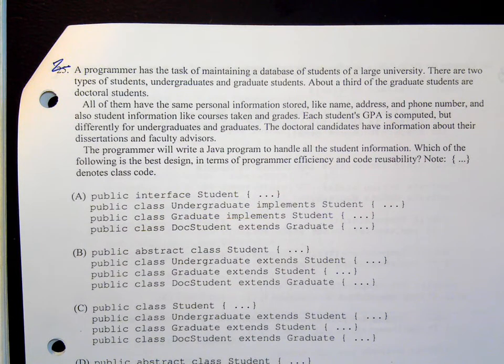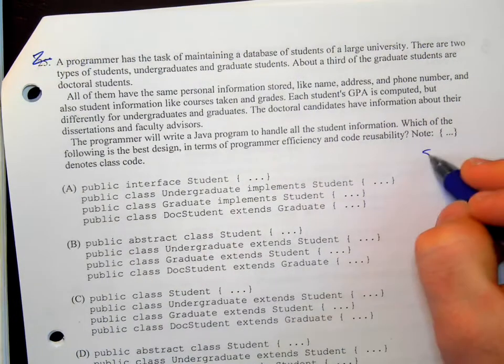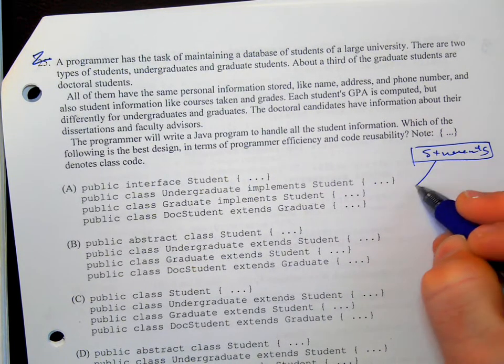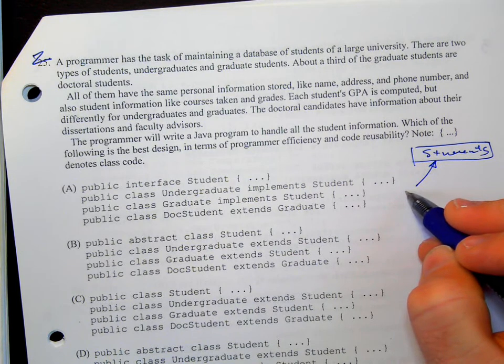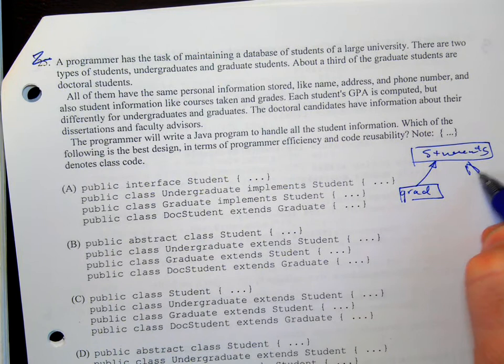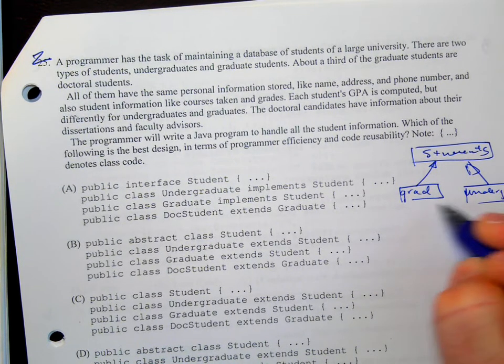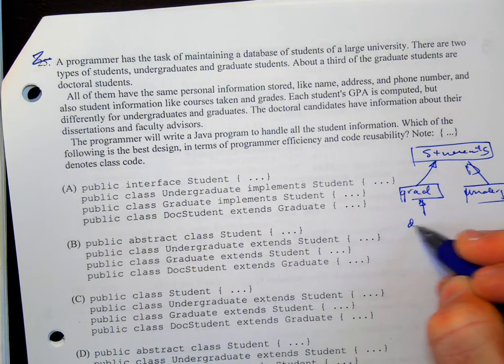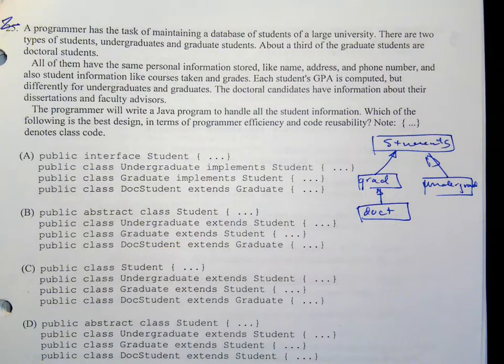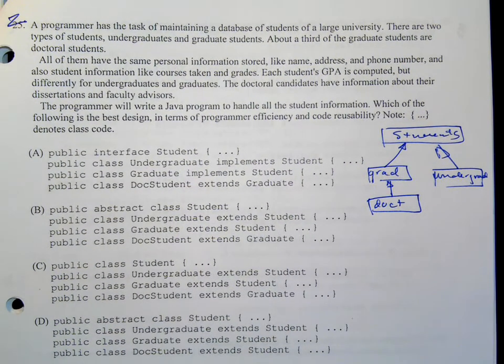And so, we could say we have students, and then we have grad, undergrad, and then here we have doctoral. So this is kind of my little UML diagram. It says all of them have the same personal information stored, like name, address, phone number,